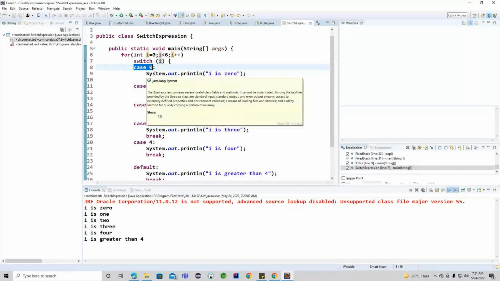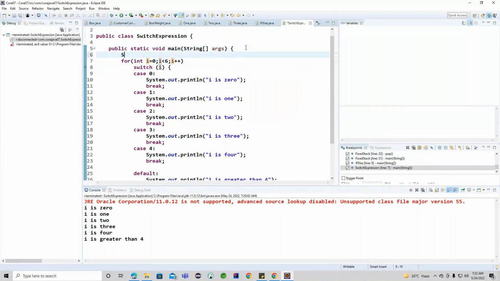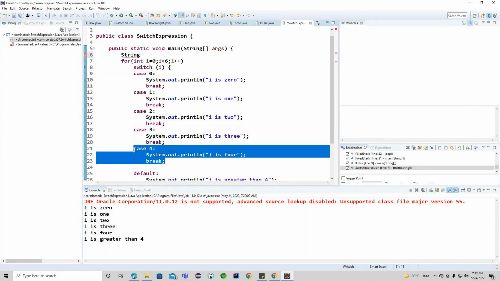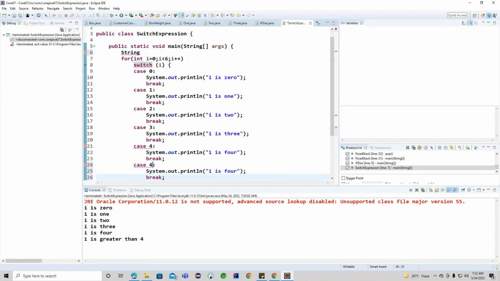For example, if I come up with a string here, do you think it will work if we write case 5, or case 6? 6 also will work, but the problem here,